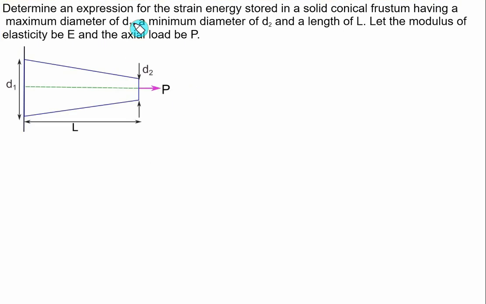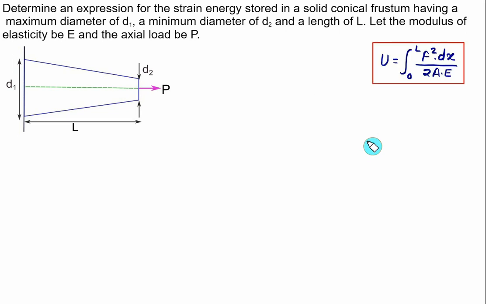Determine an expression for the strain energy stored in a solid conical frustum having maximum diameter d1 and minimum diameter d2, of length equal to L, where the modulus of elasticity is E and the axial load is equal to P. Since here we have variable cross-sectional area, we'll calculate the strain energy for an elemental area and then we'll integrate it. For this purpose, we'll use the strain energy formula,